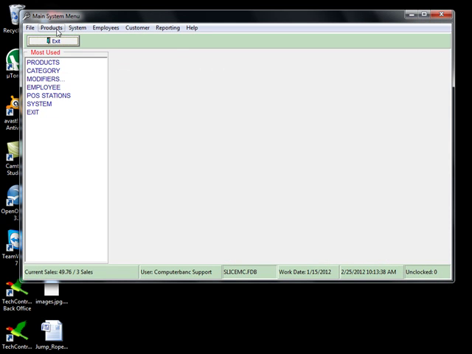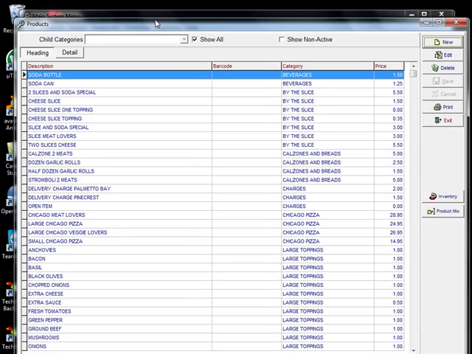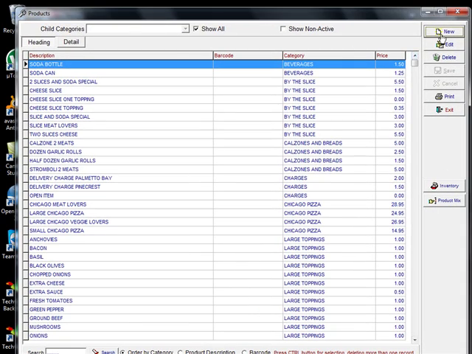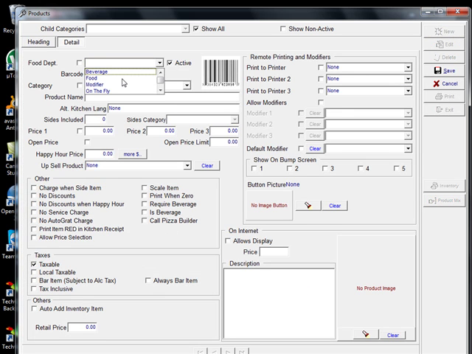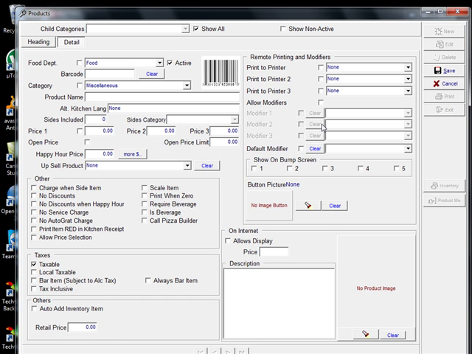And now I'm going to go to my products, go right up here, and create a new product. Department could be anything, food, it doesn't matter. Then I'm going to put it here under miscellaneous, and I'm going to create one called deposit, or I'm going to call it party deposit. I think maybe that'll be better. Okay, and I'm going to make it an open price item. I'm going to set the open price limit to $10,000,